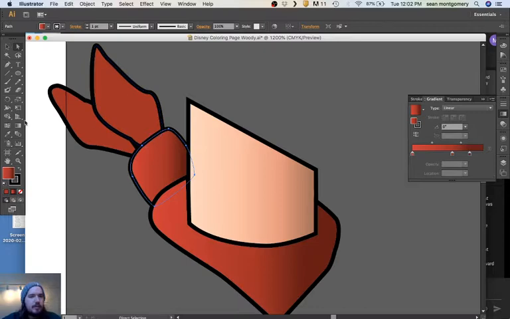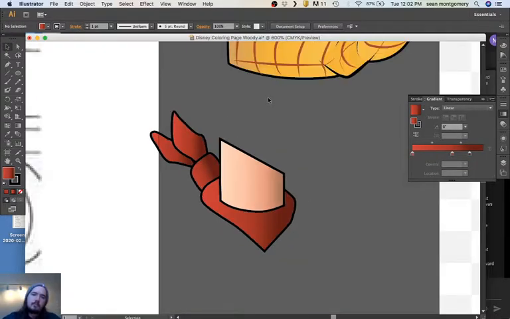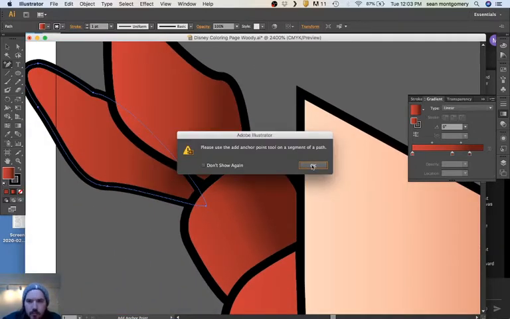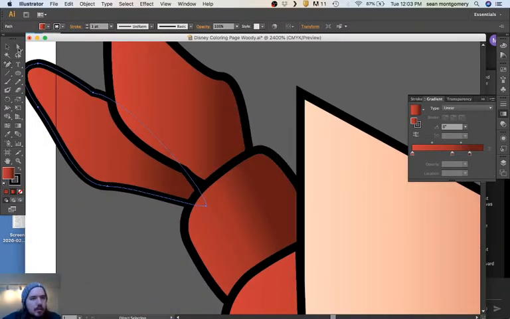You're just going to use similar gradients, just because it's pretty straightforward. There's a little bit of a larger spot there, so I'm going to